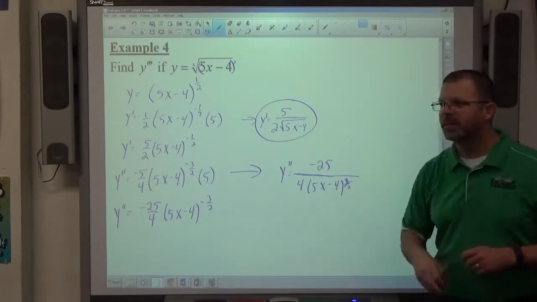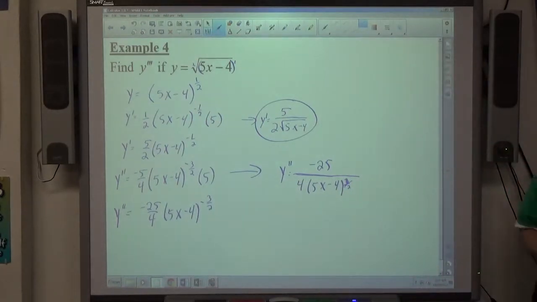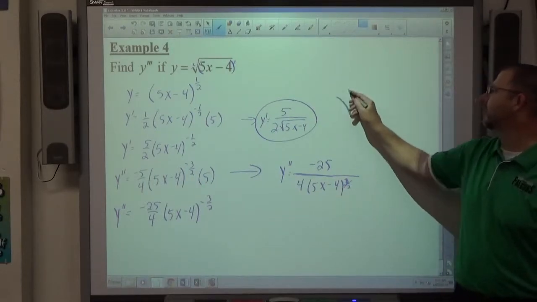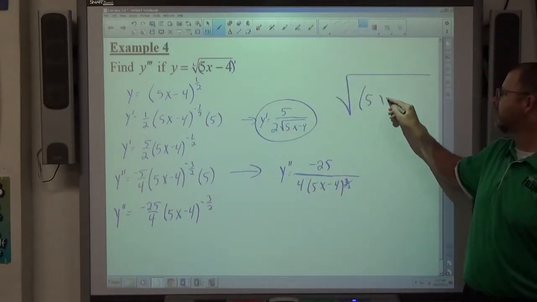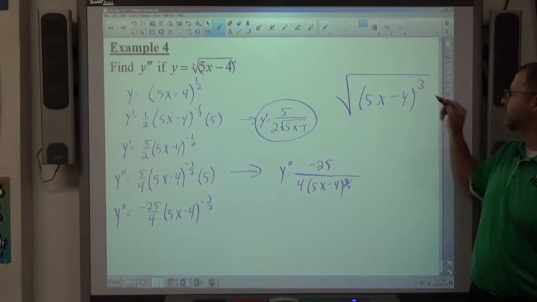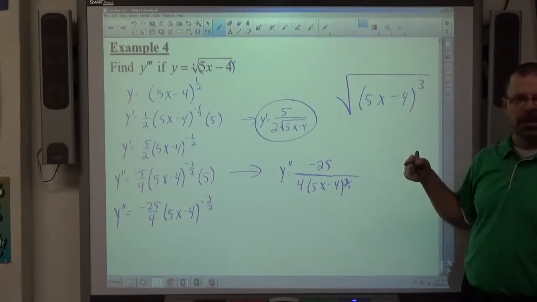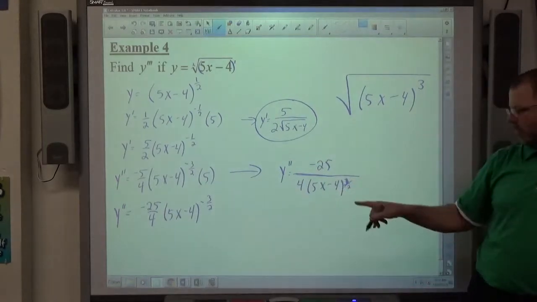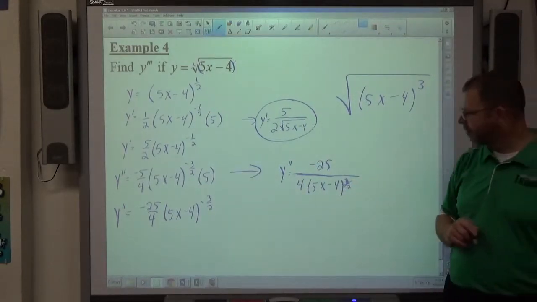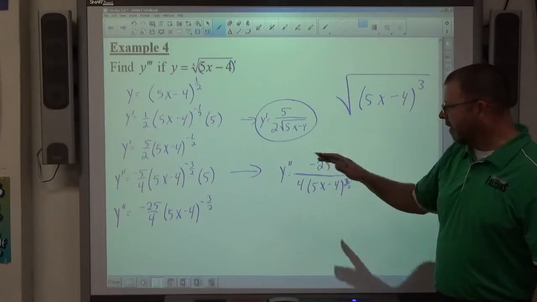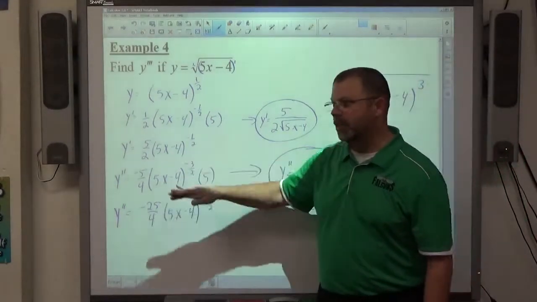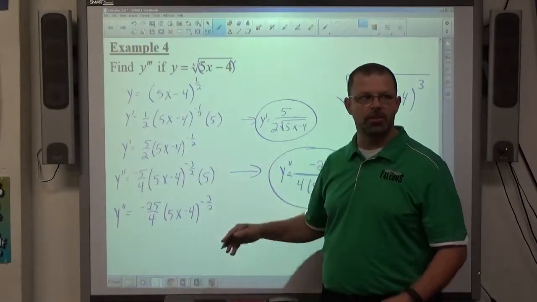Pretend that's a 3. It's hard to write a 3 on this board for some reason. Alright, and if it's 3/2, I'd leave it like that. You could also go the square root of 5x minus 4 to the third power. That's also the same thing, but if it's just a 1/2 power, a radical, it's simple. If I start putting powers in, I usually just leave it as a fractional power myself. Alright, so if I'm done, I would probably go here. But since I'm continuing to differentiate, I want to keep it in this nice power structure